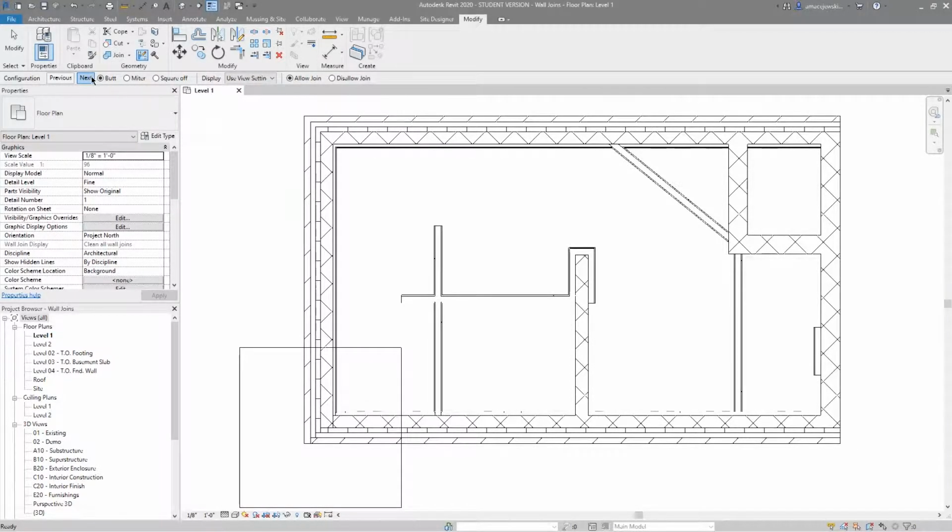You can see we could cycle through. This previous and next are used to actually cycle through the different walls joining together. Because I have only two walls joined together in this area, when I hit next and previous, I don't actually cycle to another wall join. And we'll get to a situation like that here in a minute. If I move over here to these walls,